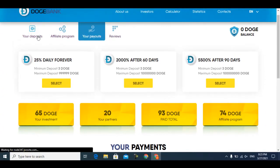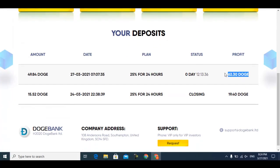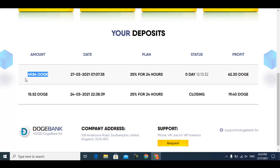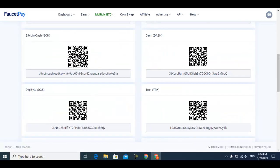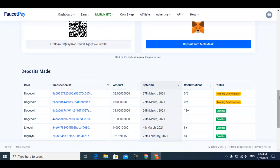I go to my balance. I invested 49 Doge in here, and this will take 12 hours. I received another withdrawal. You can see this is waiting for confirmation. After 30 minutes or 1 hour, this will be confirmed, and this will pay me in my Dogecoin balance